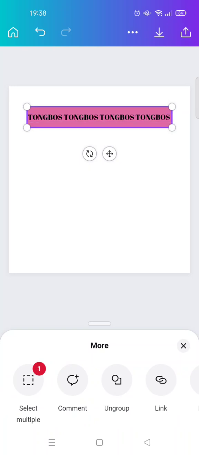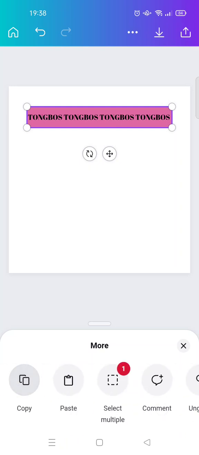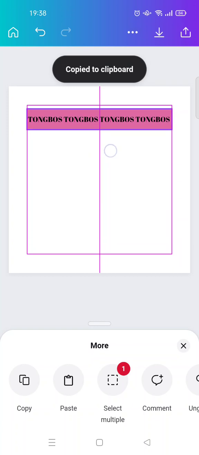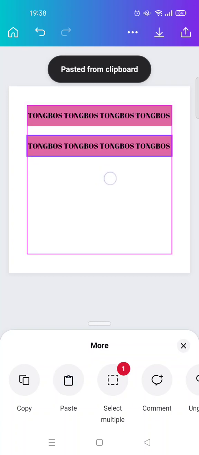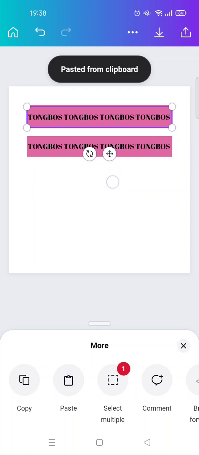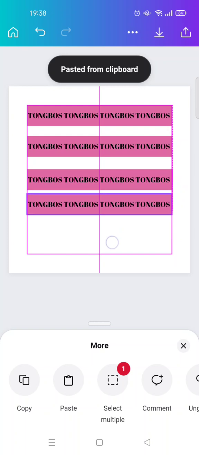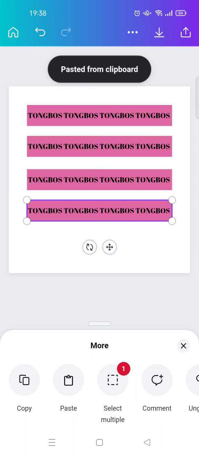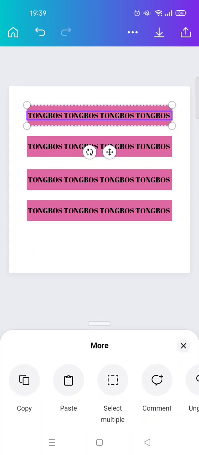And now just copy the text and shape, copy it and put it at the bottom. Like this. And now click on one of the text,